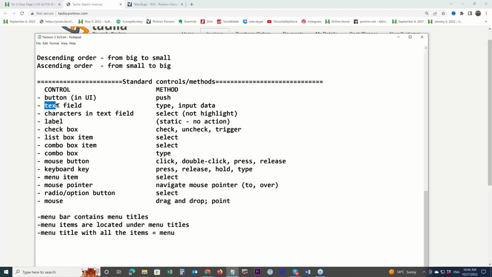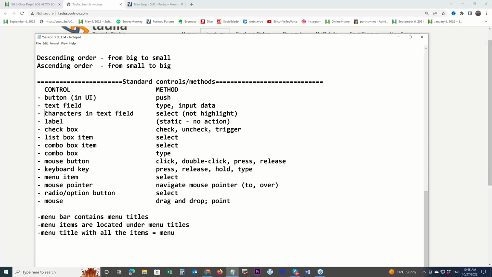If you have a text field, you type into it, or you can input data, or paste into the text field. When you say input, it doesn't matter if you type or paste, it means some data goes there. Type is a specific way of inputting data.